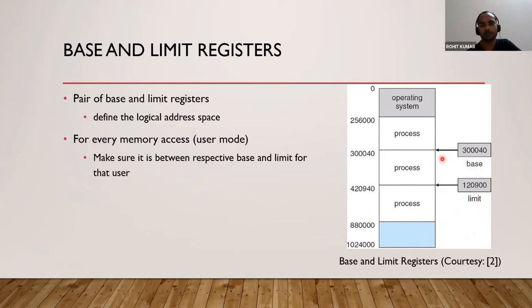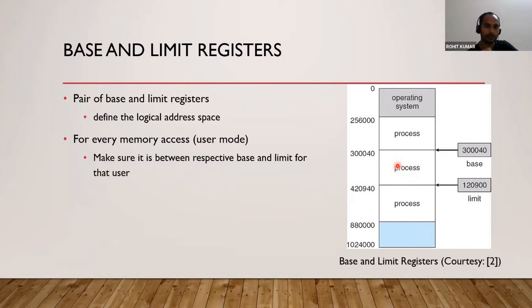Okay, now here you can see, suppose there are three processes in your system, and obviously inside RAM your OS will be there. This is vacant space, and this space is held by P1, P2, P3. So you can see what is the address space of P2. The address space of P2 is defined by a base register, meaning by its value, and then by a limit register. So if you add the content of the limit register with the base register, then you can get the final limit of this process address space.